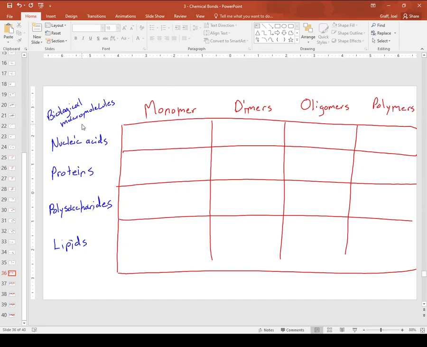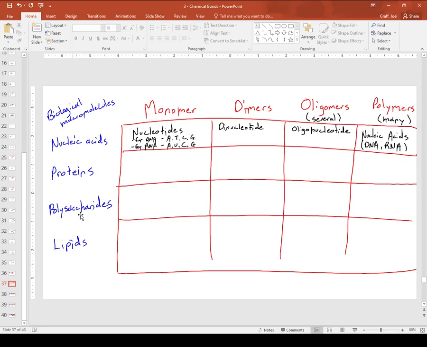So we're going to, in the next few lectures, talk a lot about biological macromolecules. Our four categories of biological macromolecules are nucleic acids, proteins, I say polysaccharides here, but I'll switch to referring to them as carbohydrates soon. And when we get to that lecture, I'll explain that. And then lipids. Polysaccharides is an okay term if you're talking about macromolecules, but monosaccharides are fairly common and are relevant,